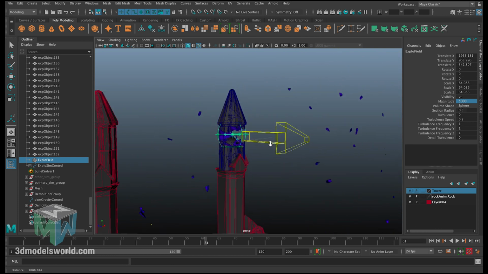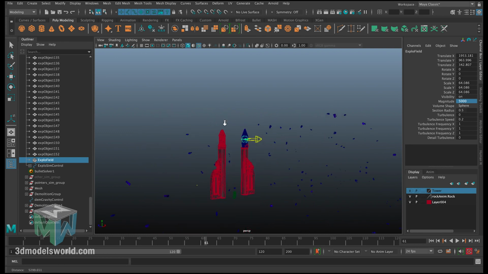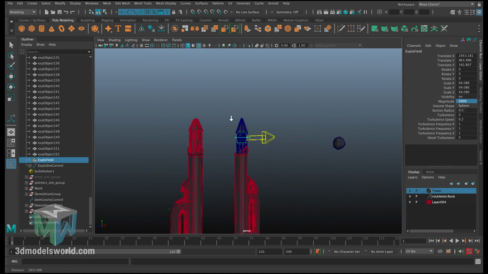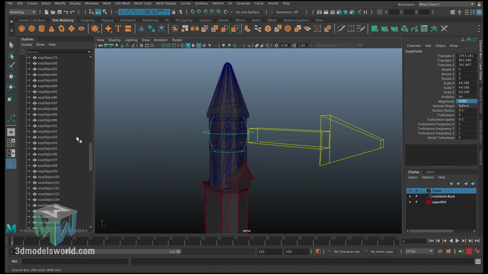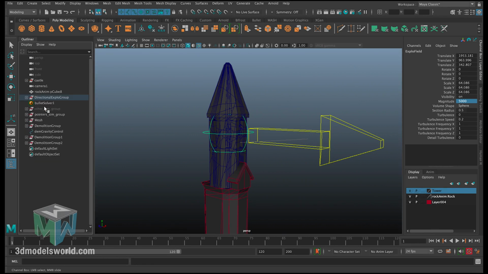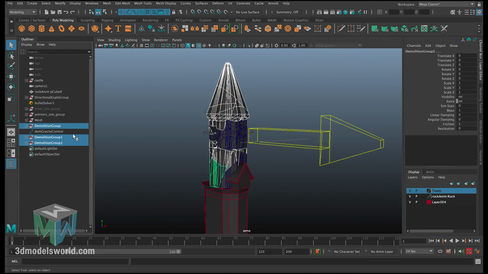Okay, so now you can see it's pretty strong. One thing we want to adjust here as well is the weight of these pieces, because right now if we click on this arrow, the mass is like 1. These are very light. At least we want to have them like 10. And then we're of course going to adjust the weight on all these other pieces because they're kind of the same. They're different sizes, but we're going to treat them as the same